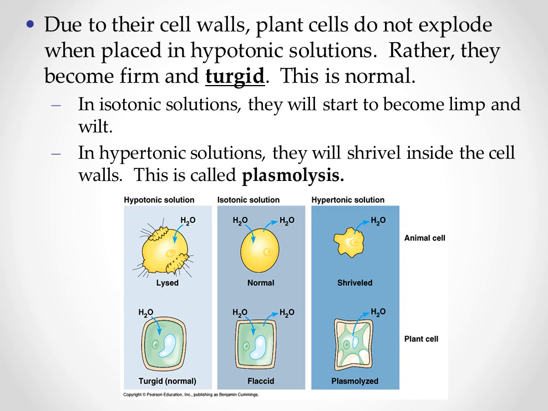Okay, so again, let's look at plants. Now plants are a little different because they have that cell wall to protect them. So they don't actually explode or lyse when it comes into a hypotonic, because what it actually does is it becomes very flaccid, or excuse me, it does not become flaccid, it becomes turgid. Okay, turgid actually means that it's really, really firm, or stiff. Now, isotonic, that basically means that they'll start to limp and wilt a little bit, okay? But when it actually goes through a hyper, that's where it's